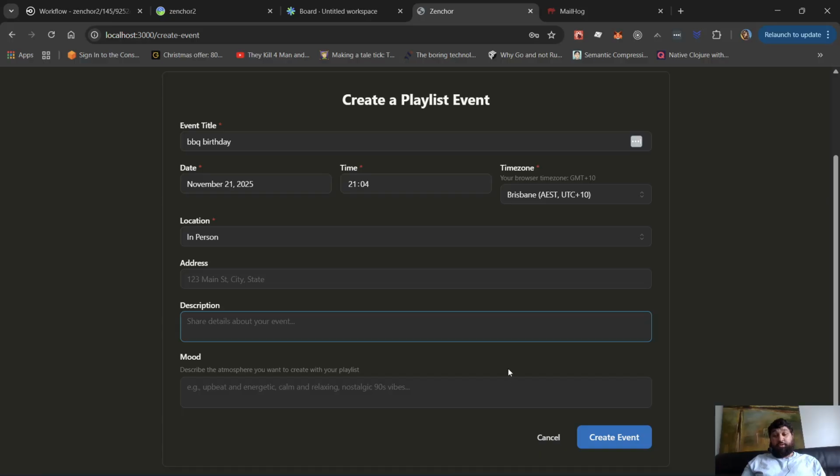And probably the most important one is the mood, which will give your guests a bit of guidance on what to put into the playlist. So if you have no preference at all, you can put that in there. Everyone just share what you're feeling. But if you're going for more of an emo theme or hardcore, or you don't want certain genres of music, you could put that in here so people know, okay, I'm going to try and match what's expected. So you just go ahead and click create,